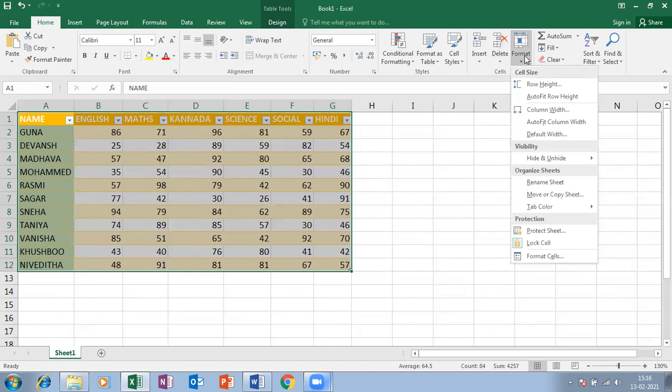And then again click on format, hide a sheet, hide a row, hide a column, unhide a sheet, unhide a row, unhide a column. Just what you have done.